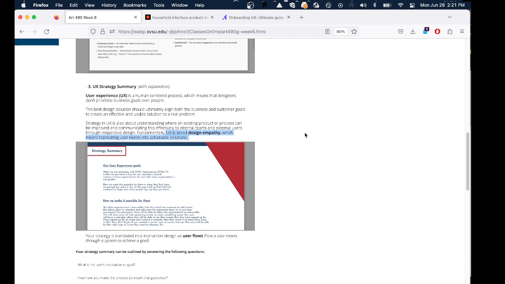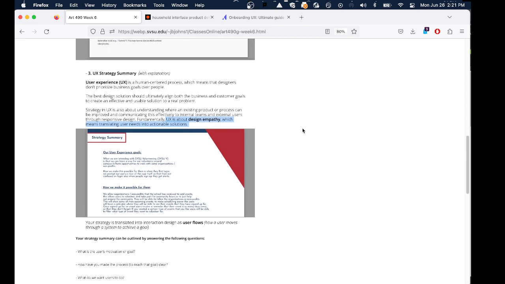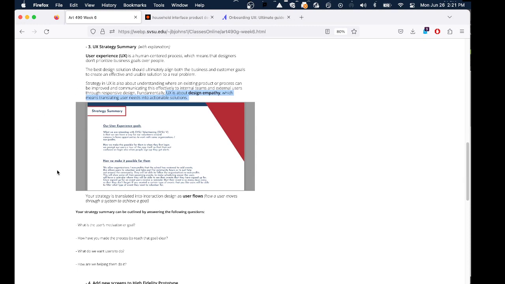Okay, they would want to achieve X, Y, and Z. How can I help them do that? That's you having empathy, in this case, design empathy, for the potential user to help them figure out how to achieve those needs. Okay, so that's what that is.